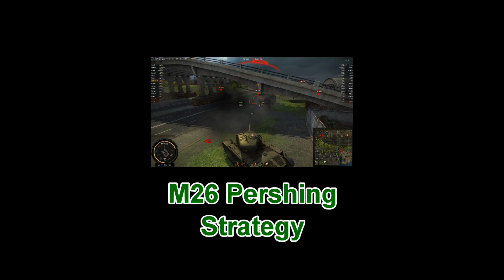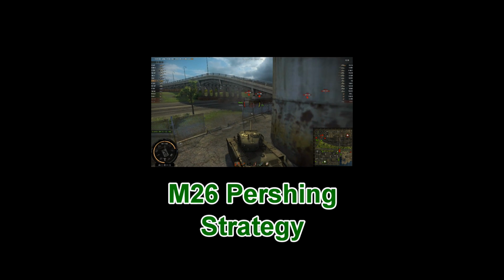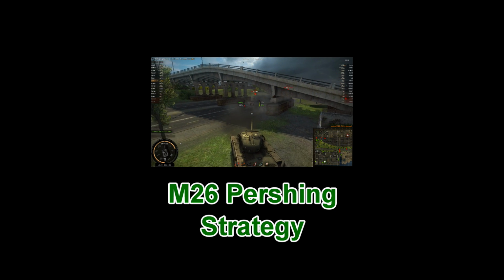T-34's almost dead, so I'm at full life. I'm going to try to take this guy out. Losing a big tier 8 heavy like this in a tier 8 game does hurt. Again, exposing myself a little bit, but boom, I take him out. Get a lucky bounce, probably off that